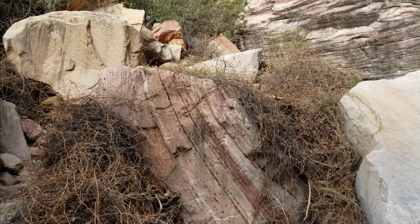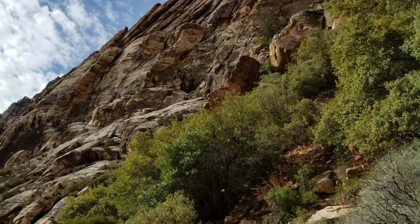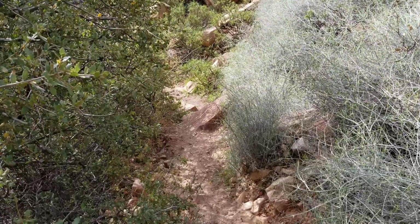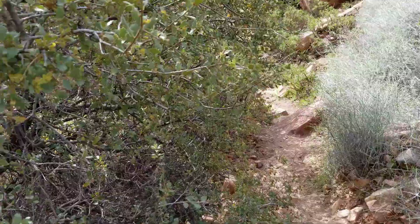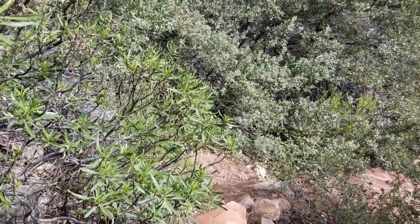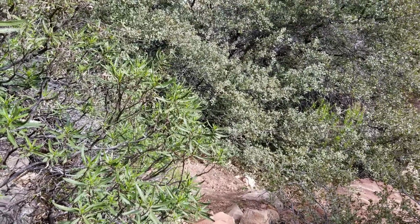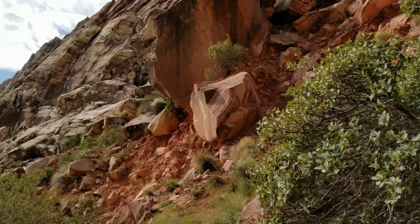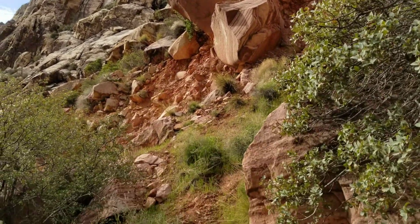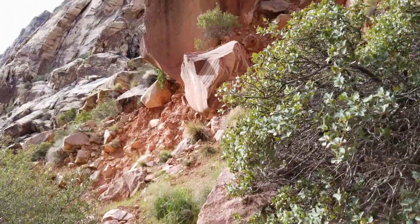Okay, here we go. Well, we passed that boulder. There it is up there. And actually there was a way up to the boulder, but if you look very carefully, there's a trail that was lower. And we're continuing along that trail, and we're going to descend soon back into First Creek Canyon. Actually, there's the boulder we were looking at from the pond, and here we have ascended. We're still crossing under it,